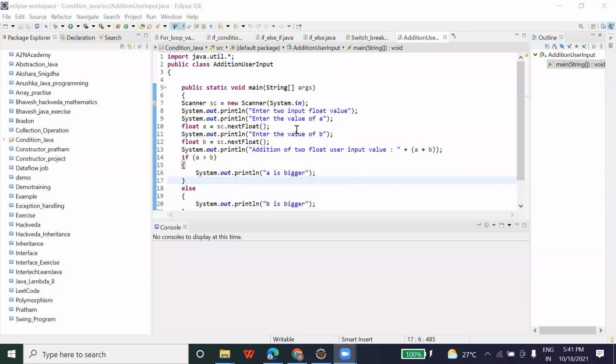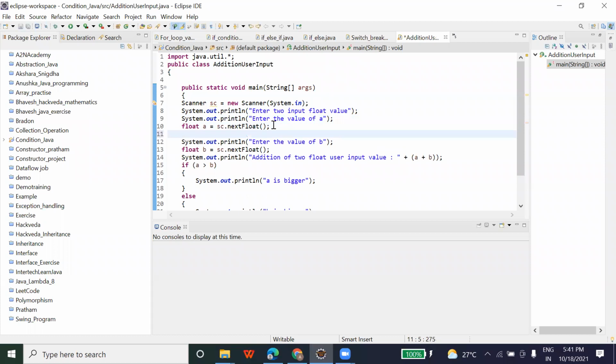If you remember, when you want to accept the input from a user, you just have to add this library, Scanner sc = new Scanner(System.in), right? And once you add it, there are these methods: nextFloat, nextInt, right? For example, you create one variable, character c is equal to sc dot.